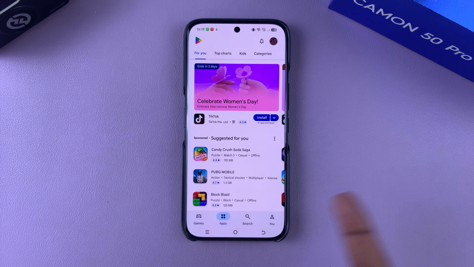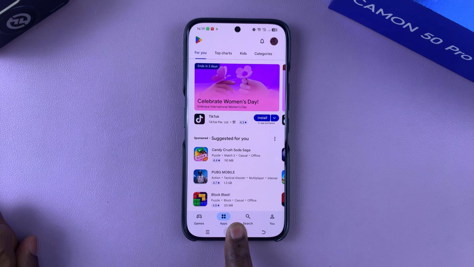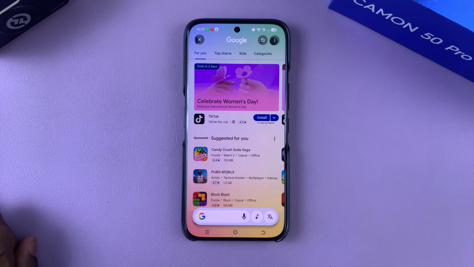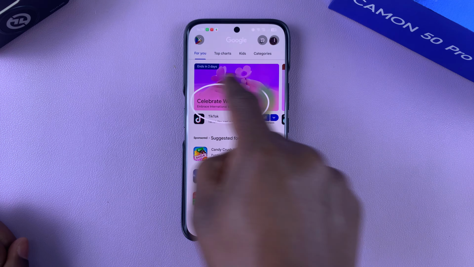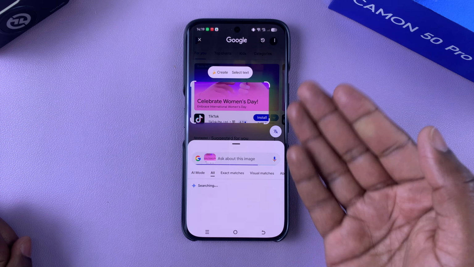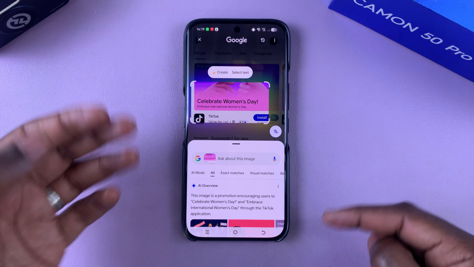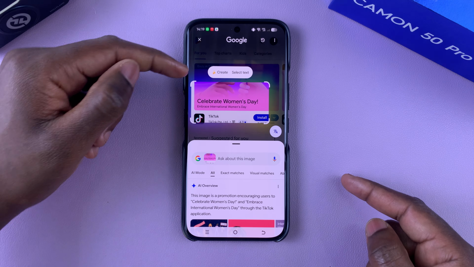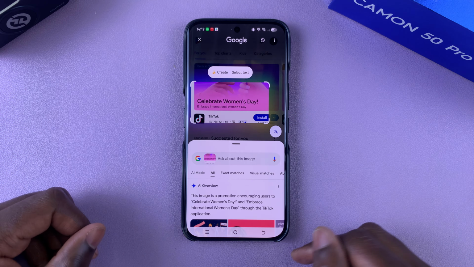So when you're on a page, any page for that matter, and you want to bring up circle to search, simply press and hold the home button or the navigation handle at the bottom, and then now you can circle on something just like that, and it's going to search for details about that particular thing, and it can continue to perform other functions, whether it's create stuff from that particular thing or even select text and do other things